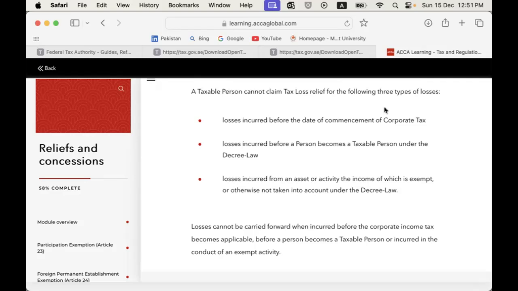Can you please repeat? Okay, the client has provided you Excel-based financial statements, okay? So there is an income statement in there, and it carries a singular column for the current year, let's say 2024's income. But within the income, a significant amount of income is exempt, for example resident dividend or participation exemption. Some amount is clearly exempt.